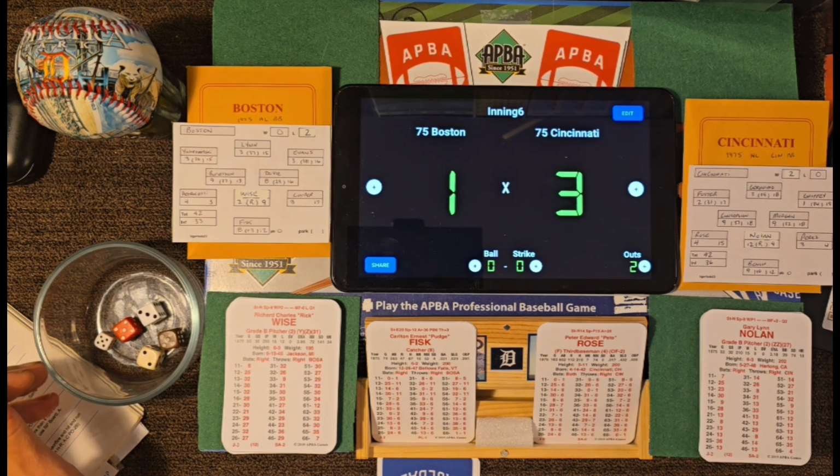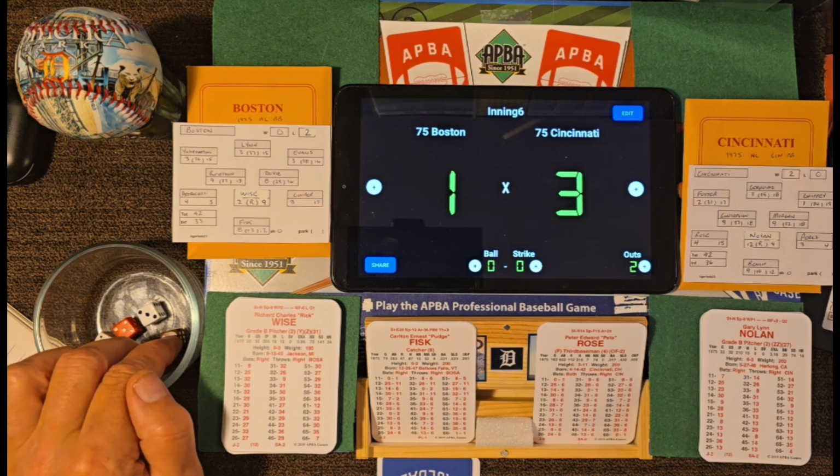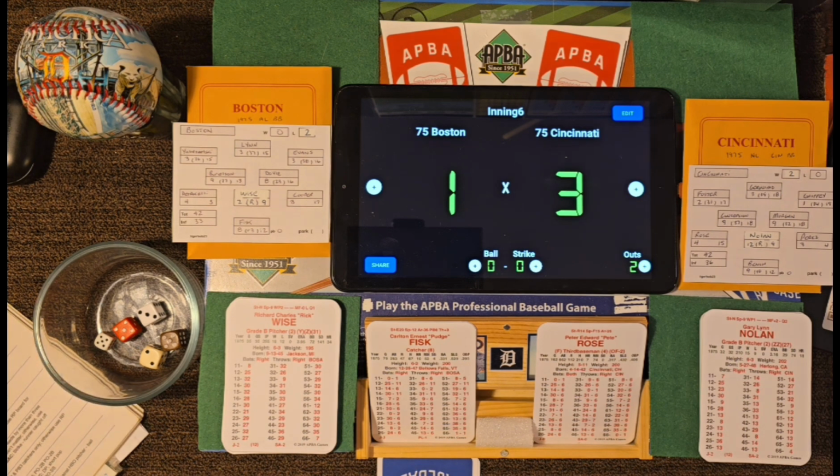53. 53 is a 20. That's second base. 52 on the second base. That barely, but it does. It sneaks into fielding 1. So 20, second base, single. He grabs it, throws to first. Not in time. Runner goes to third. We got an infield single. So he did not let the